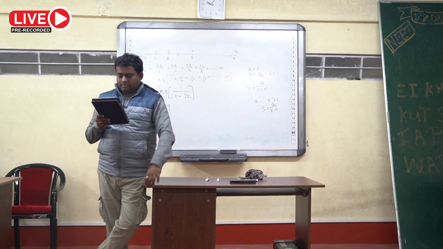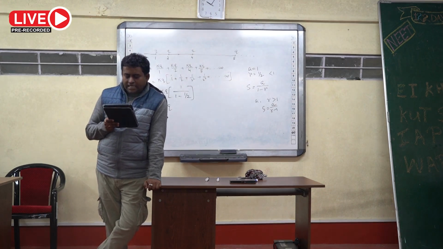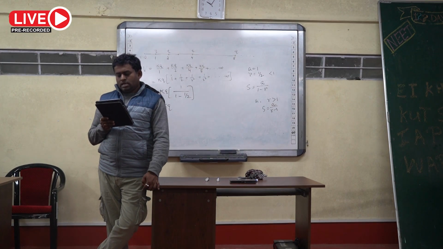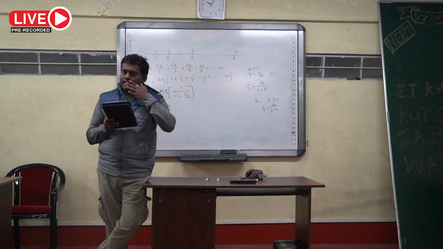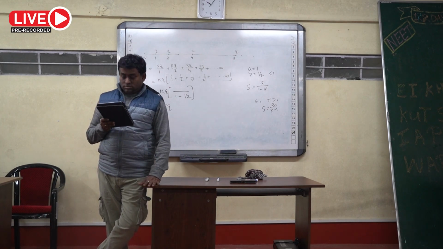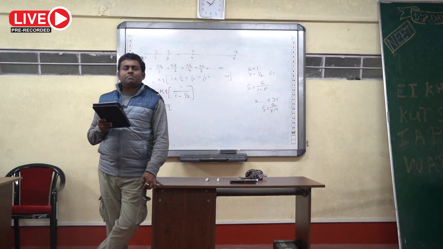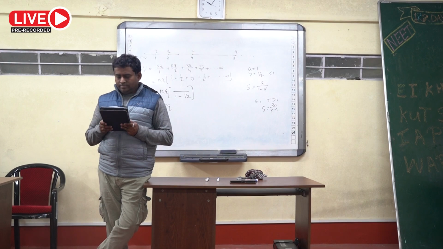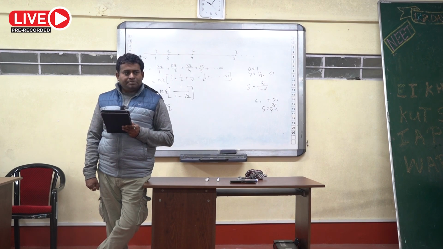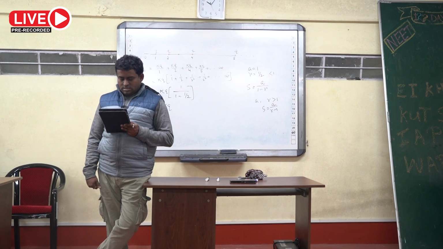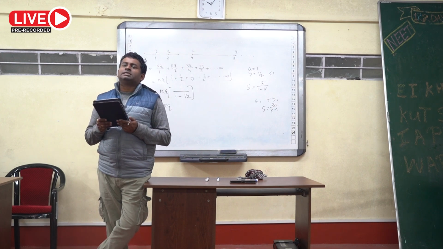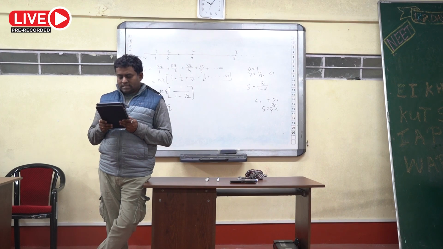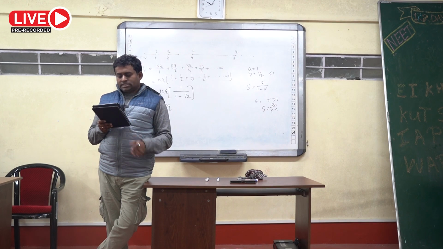No, question number 10. Write down. The electric potential inside a charged spherical ball is given by V equal to A r square plus B, small a, small r square plus small b, A and B constant, where small r is the distance from the center. Then the charge density inside the ball is